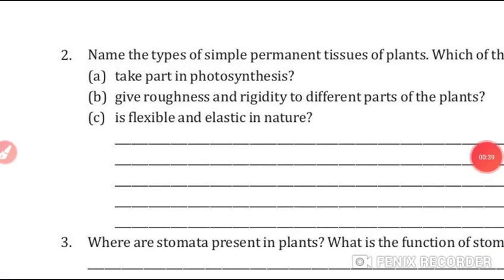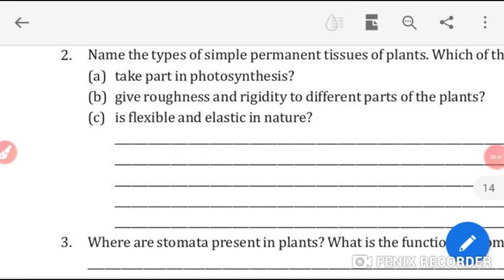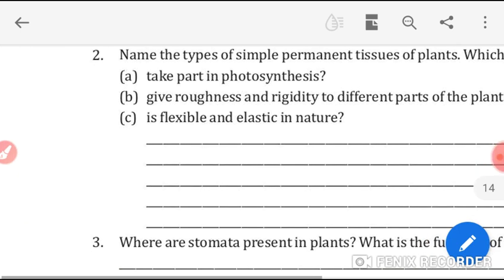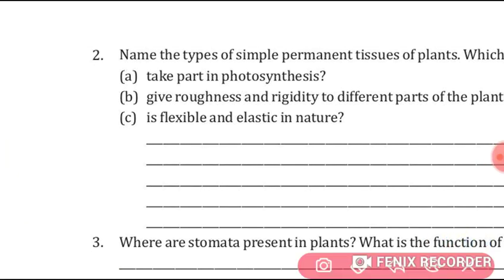So students, first of all, we will write this answer. So start writing. I am dictating you, students. From the question, first of all you will write the types of simple permanent tissues of plants. The types of simple permanent tissues of plants are